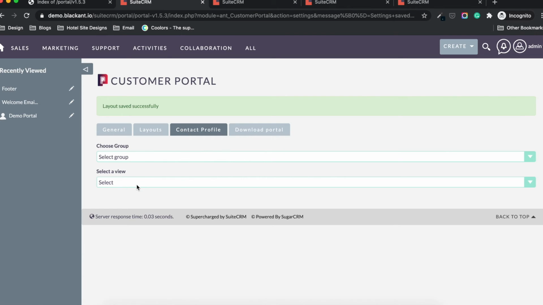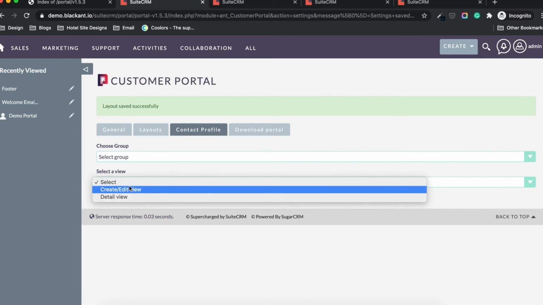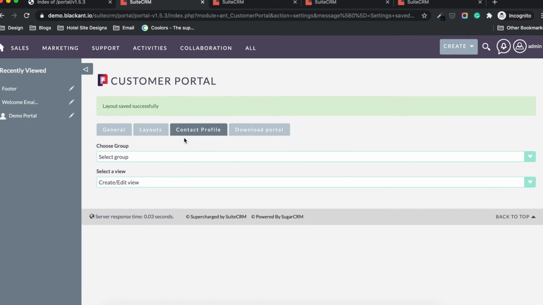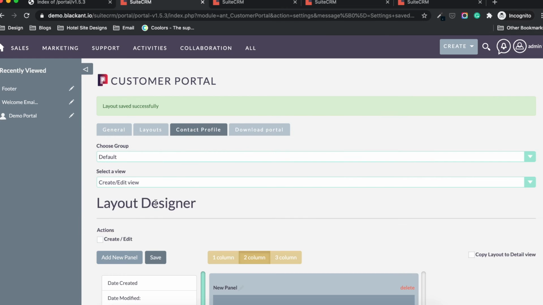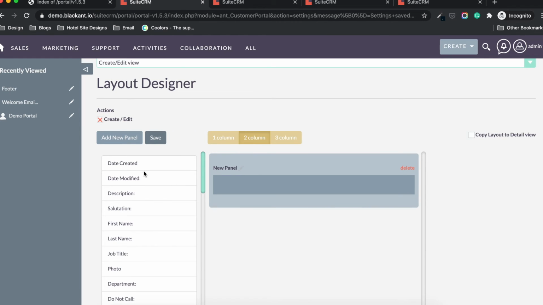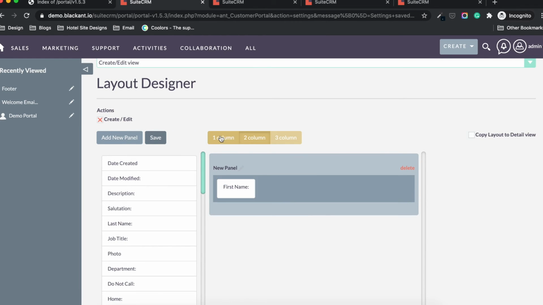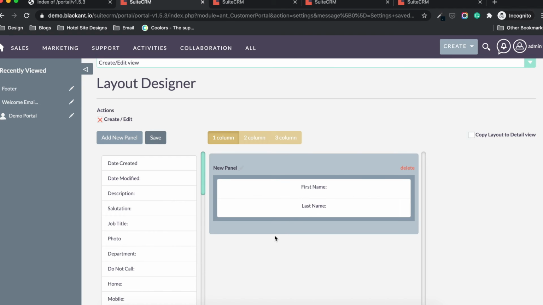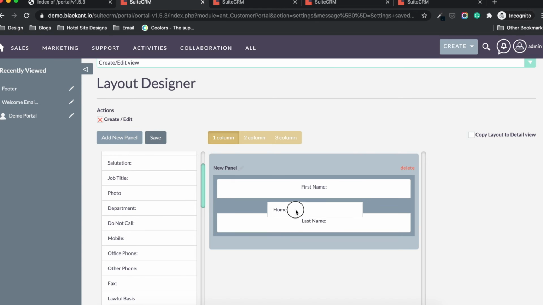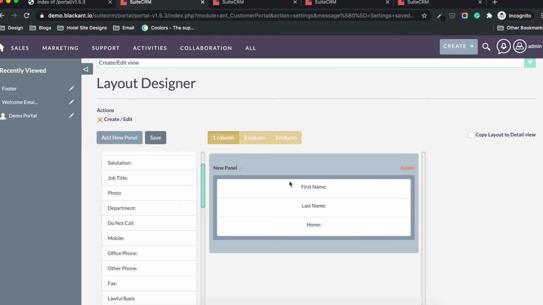So the contact profile. This is where you give the option for the customer to edit their own information. If you want them to edit their first name, last name, or if you want to get some information from them, you can choose those fields here, and once they update those fields, it will be reflected in the contacts module.